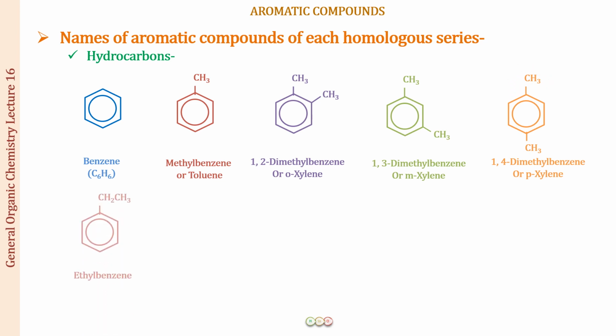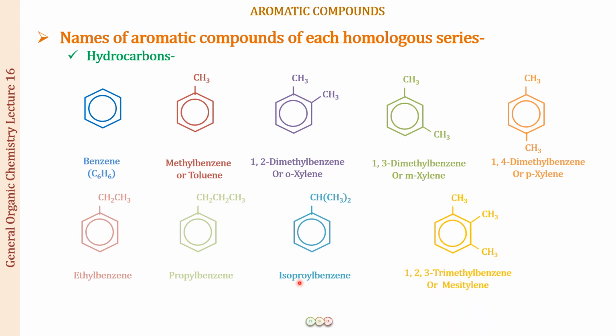The next you can see one more structure. This is we have a hydrogen replaced by the ethyl group. So the name of the compound becomes ethyl benzene. And then we have a propyl benzene. And then we have an isopropyl benzene, because you can see over here that the carbon which is joining the benzene ring is carbon number 2 of the propyl. All right, so when it is carbon number 2, it is the isopropyl. These are the names that you have to remember.